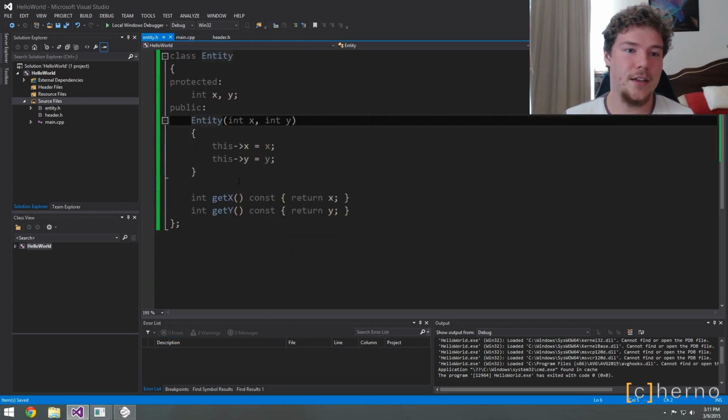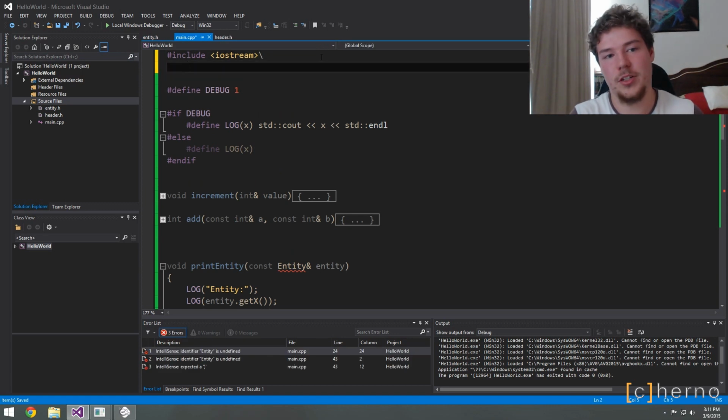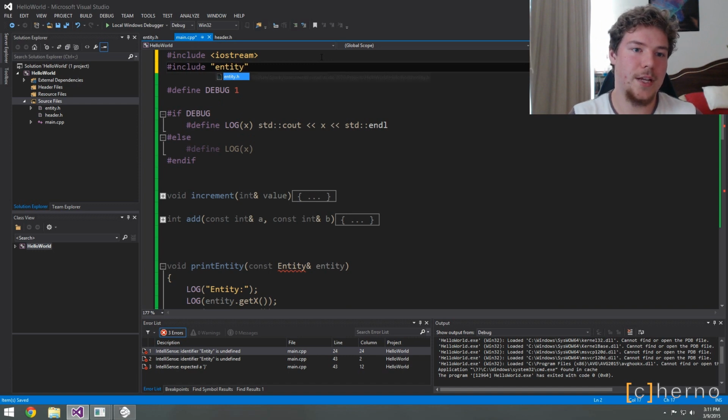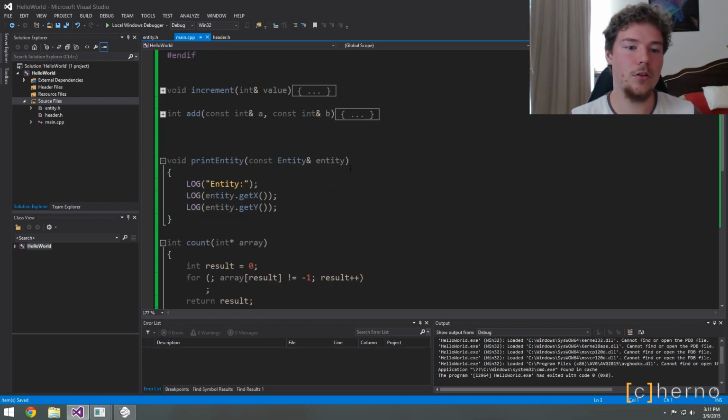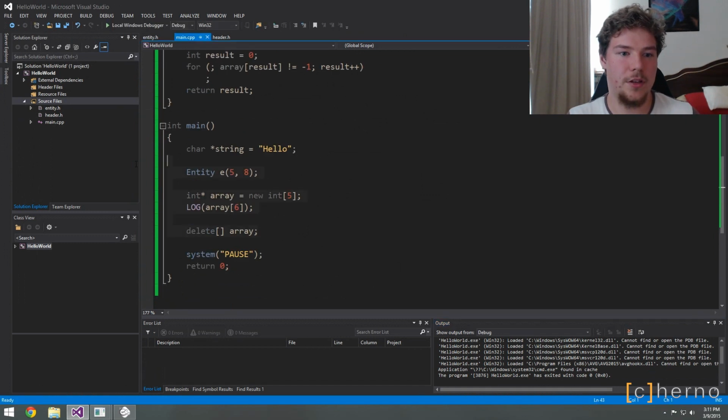So that being said, if I want this data to be in here, I can just include it. I don't have to include it up the top either. People just usually do. I can include it right over here. So entity.h. Cool, and our program will run as expected. In fact, we're not even doing the right thing here, and I'm not deleting this array, lol, I am actually. But let's quickly